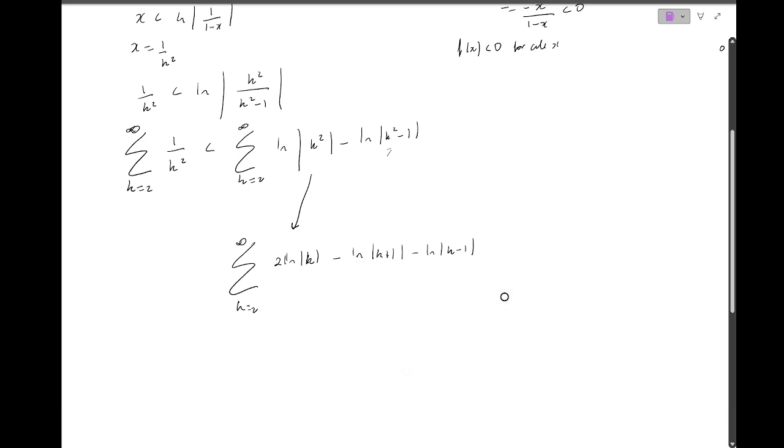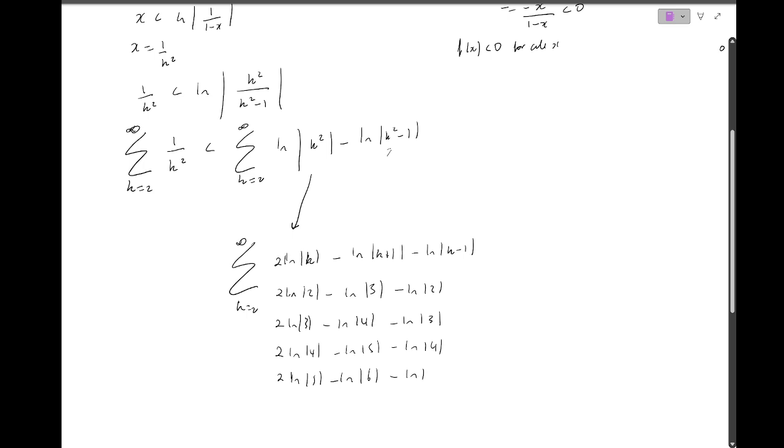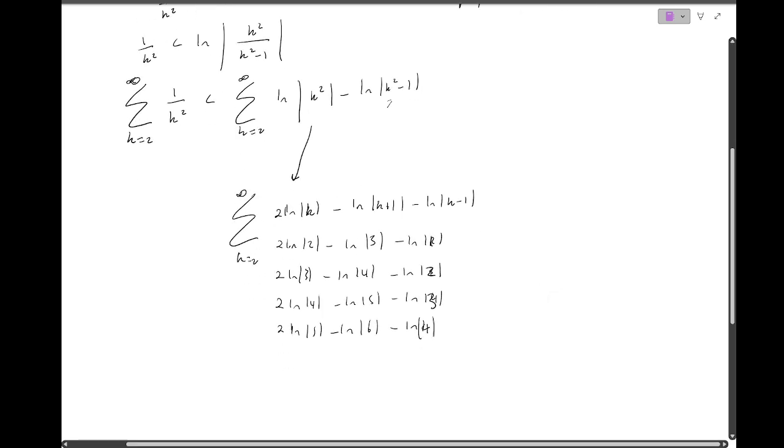Yeah, right, now all we need to do is just sub in our values. So we get 2 natural log 2 minus natural log 3 minus natural log 1, 2 natural log 3 minus natural log 4 minus natural log 2, 2 natural log 4 minus natural log 5 minus natural log 3, 2 natural log 5 minus natural log 6 minus natural log 4. Sorry, this should be 1, 2, 3, 4. Okay. So what you realize is